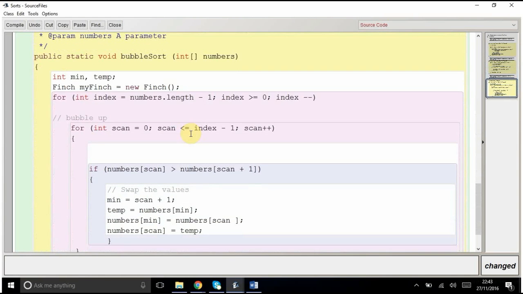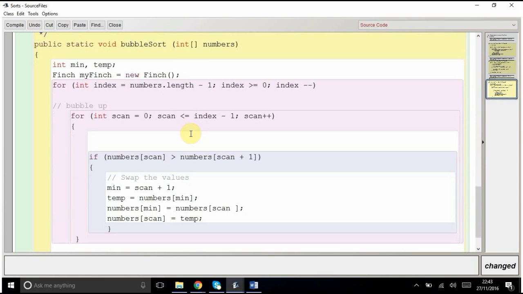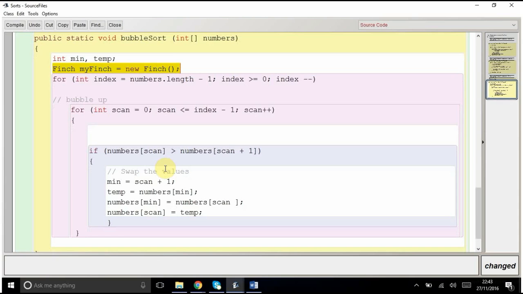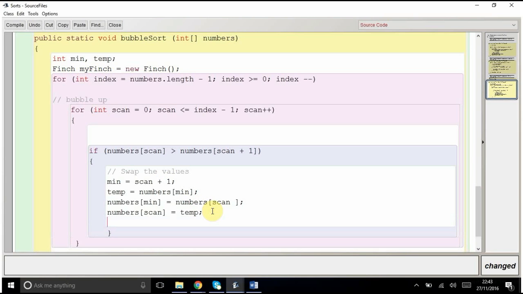So if we go to the bubble sort, this is the code for your bubble sort. The first thing is to create the Finch object. So we create a Finch, we name it myFinch, and it's an object type Finch. So now we can manipulate the robot. Now what we need to do is whenever there's a switch happening, I want the robot to tell me which number switches with what other number. So in order to do that, I'm going to go after the switch has happened and we know what the switch numbers are there, and I'm going to go myFinch dot say something,